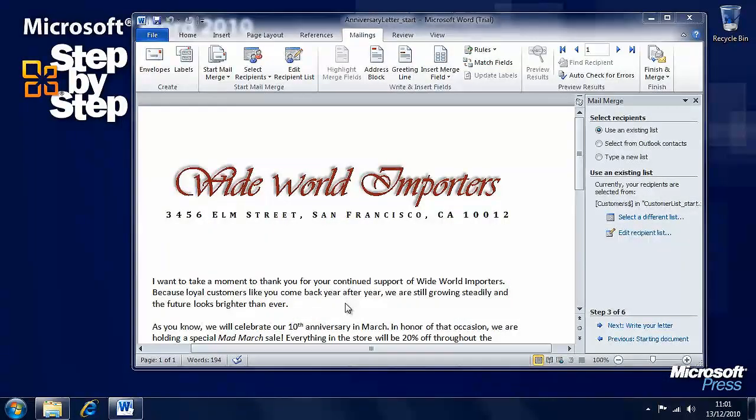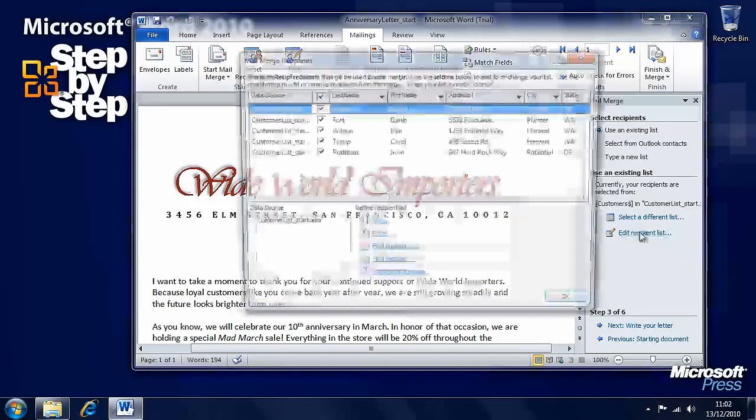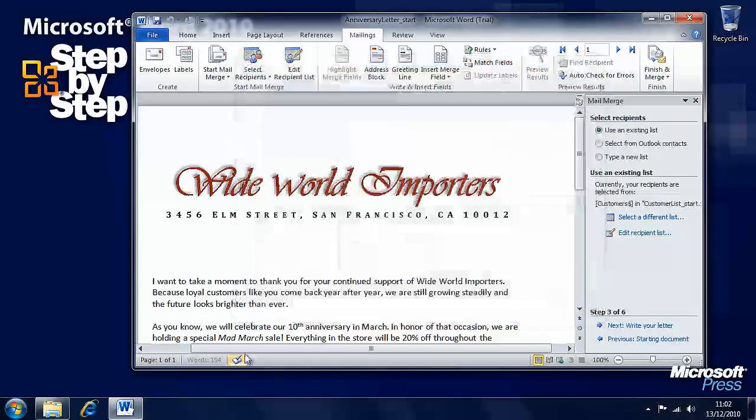Okay, so we're going to follow directly on from sorting the data sources with the same document at the same point that we left it in the previous segment. Now here we have our letter. We've selected our list of recipients, which you can see here, and now we need to prepare our document. Now our cursor is at the beginning of the first paragraph here, and that's where we're going to want to insert our